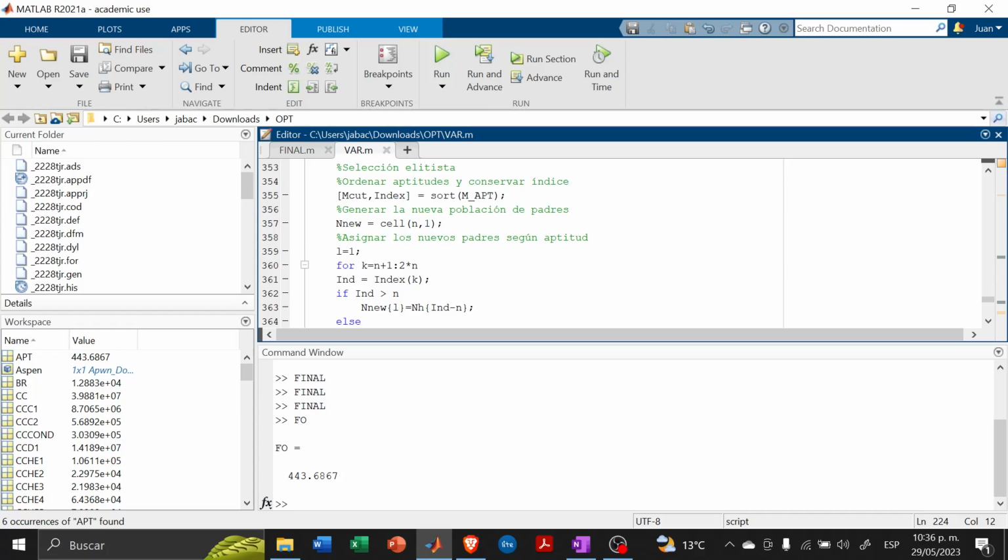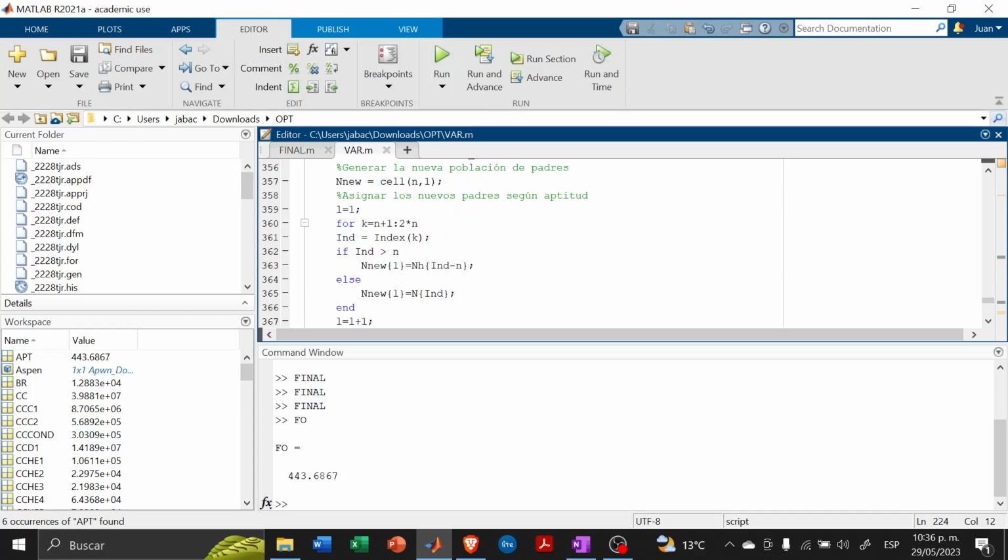So it's going to check this sorted matrix of fitnesses, and it is going to assign those individuals with the best fitness to the new cell, which is actually the new